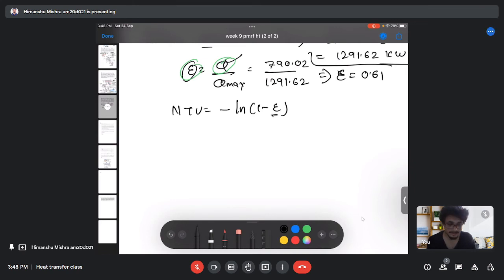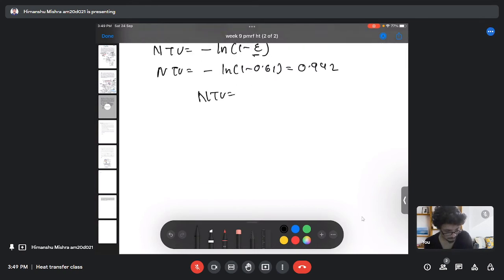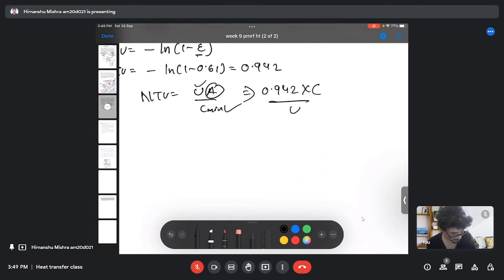So we already have the effectiveness, which is 0.61. So my NTU will be 0.942. Now, once we have the NTU, we just need to find the area. We are already given the overall heat transfer coefficient, and we already found the heat capacity of the fluid. So this is my area. So I just need to put in the values, and I will get my length as